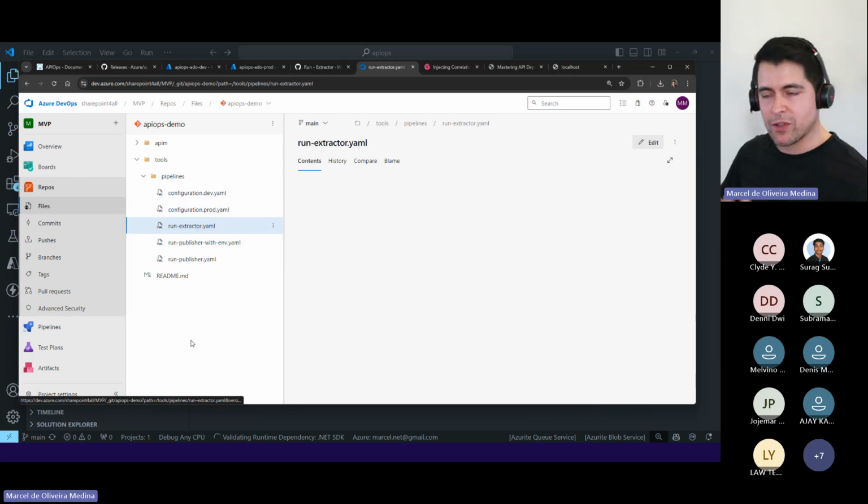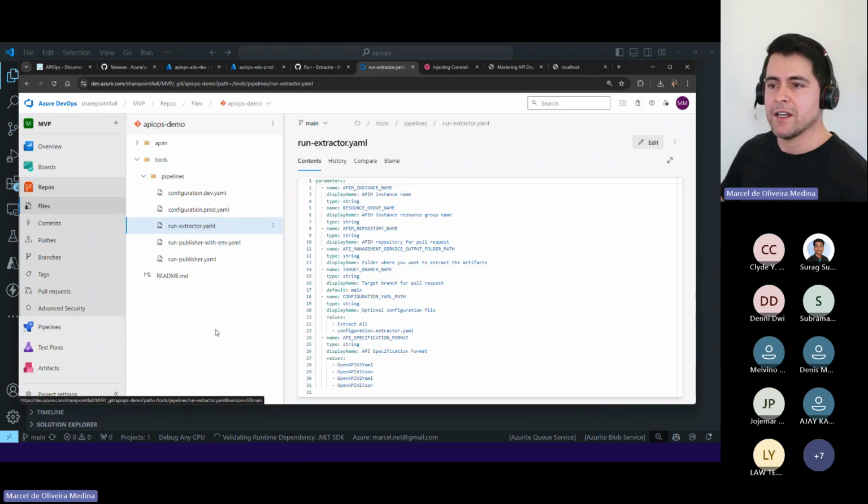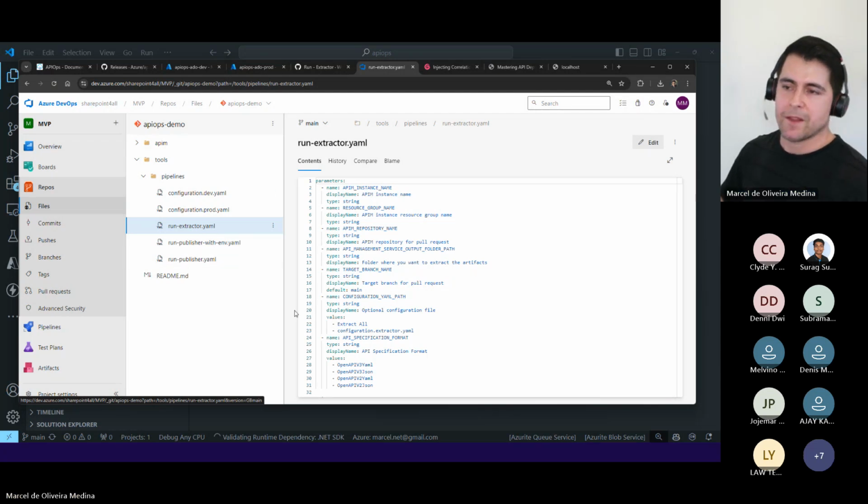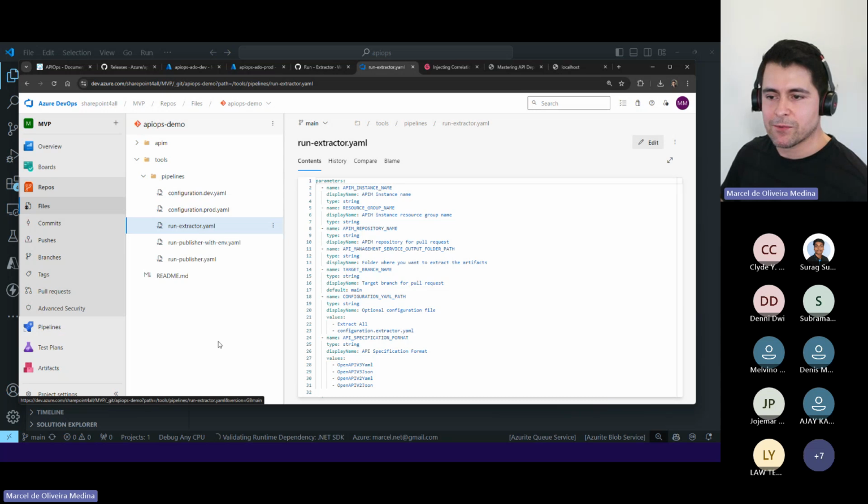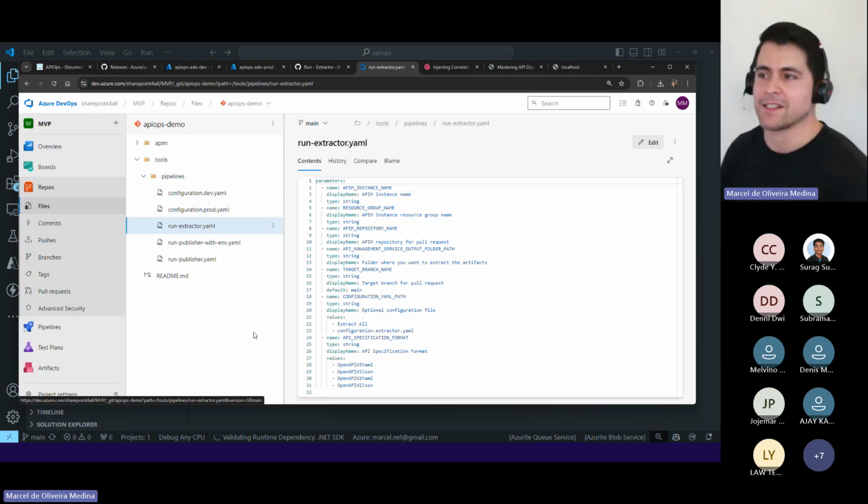Otherwise, when we push on the pipeline and we don't have those variables, they're going to be using what we have extracted. We always do extraction from development, so we're going to get extracted schemas from development instances. So it's important to override that.